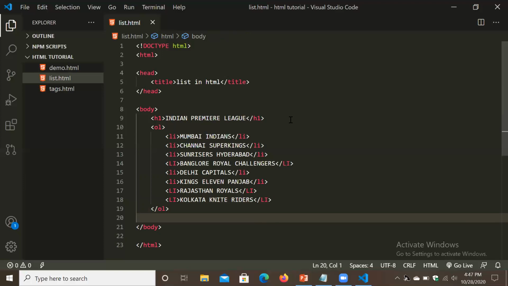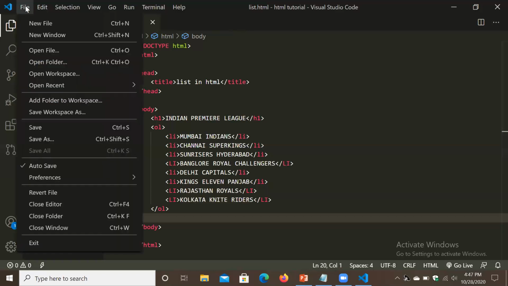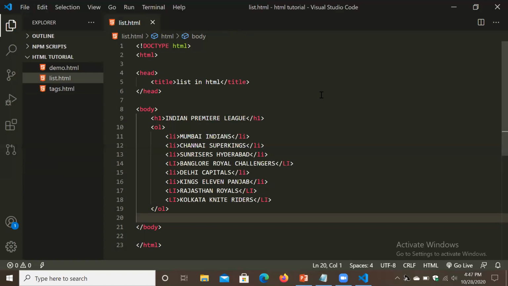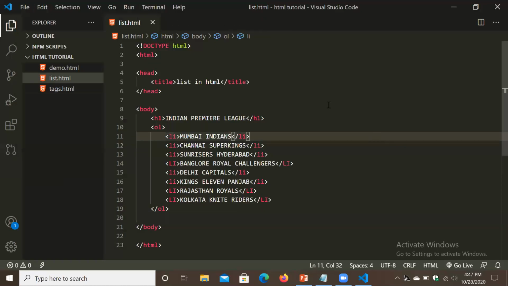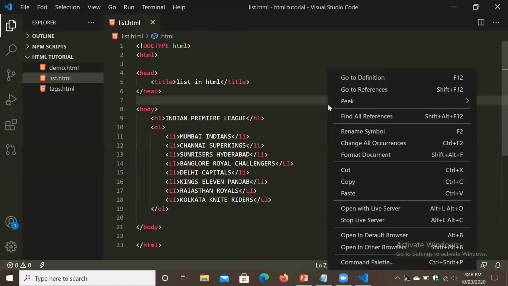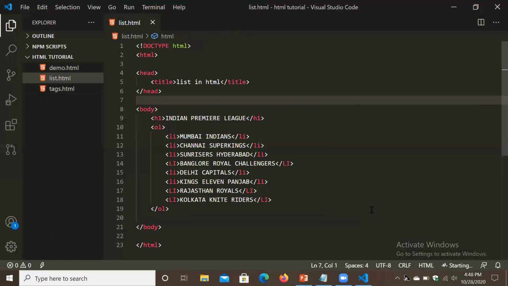By using Control S, we can save, or simply we can go in File and click on Save. Now we have to run this file. So simply we have to click Alt plus B, or we can right click and click here Open with Live Server.